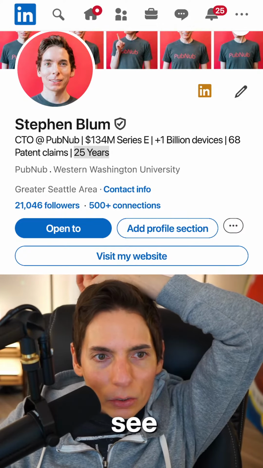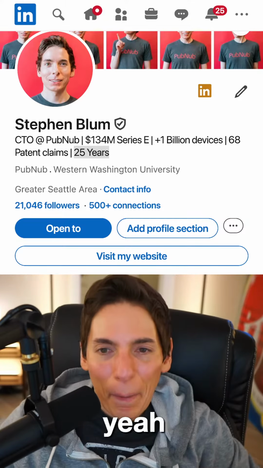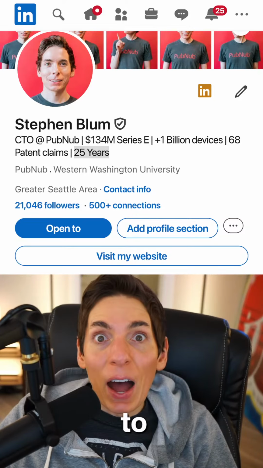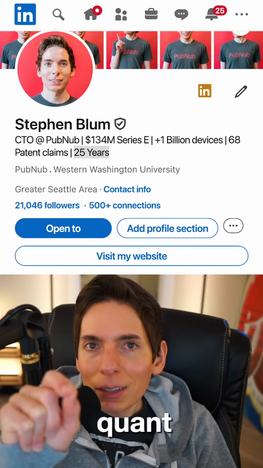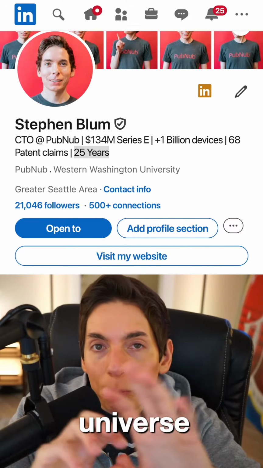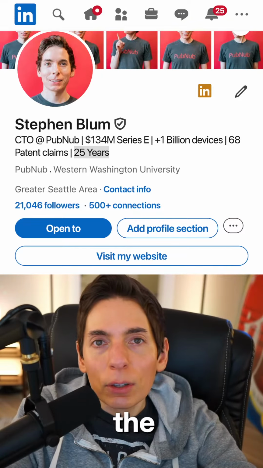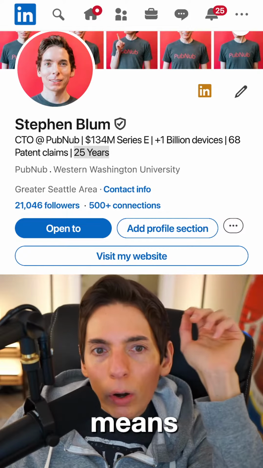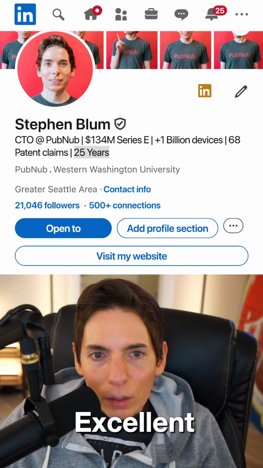Let's see. I can harvest all the stars' energies and local systems, like level 2. Yep, there you go. Quantified quantum. I'm really excited, and it goes on to 5. If we're at number 5, quantified quantum, does that mean we can exit the universe? Because we've got control over every galaxy in the universe, right? And then beyond that, is that what that means? Oh, we're already connected. Cool. Excellent.